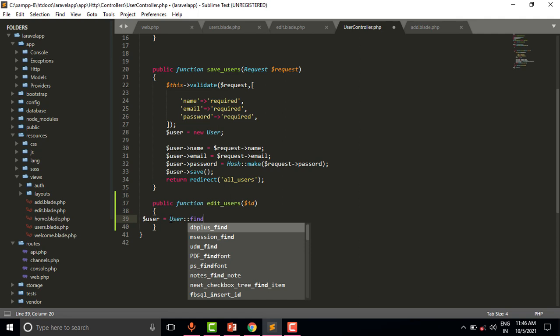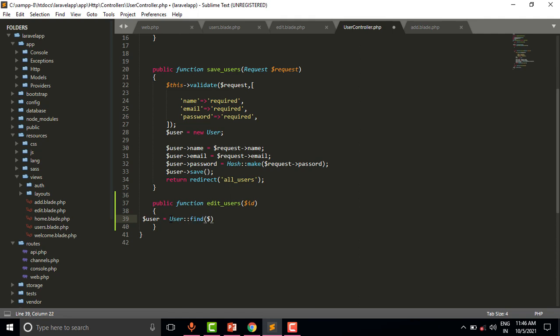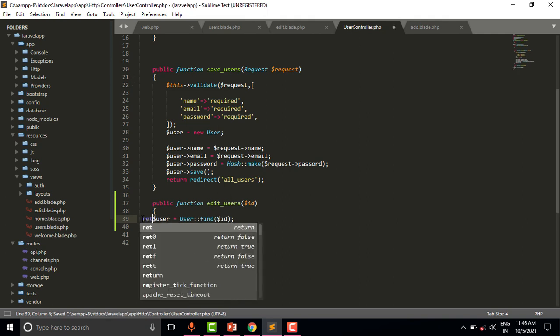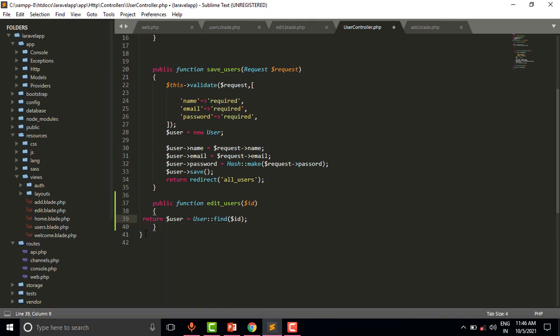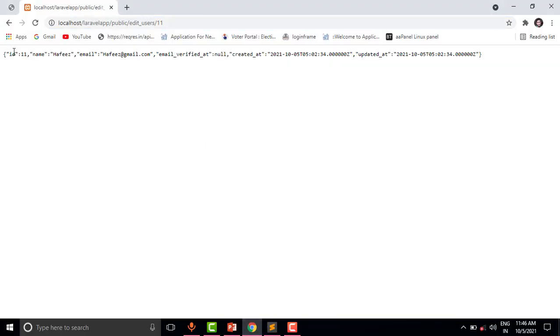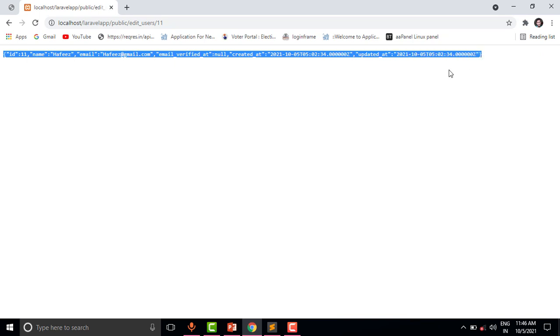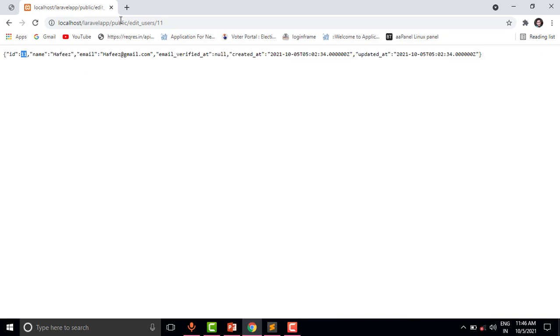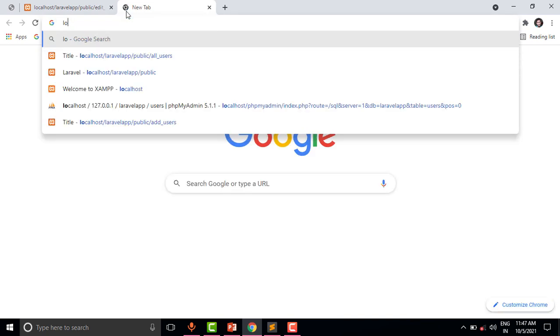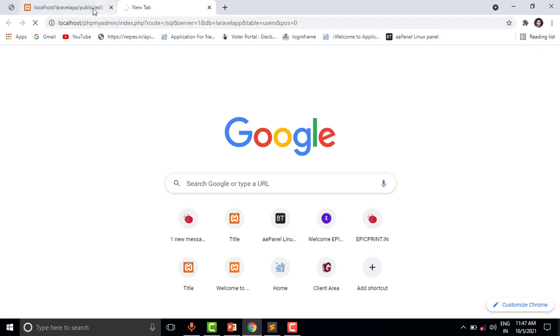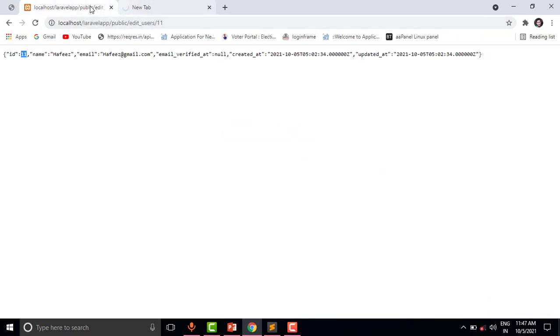User find, and we will pass the ID which we are getting from the request or URL. So let us return this user for testing. Now you can see we are getting a user which has ID 11, on phpMyAdmin.